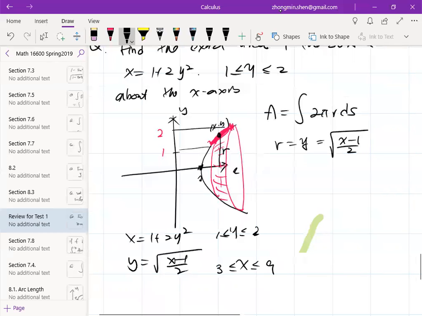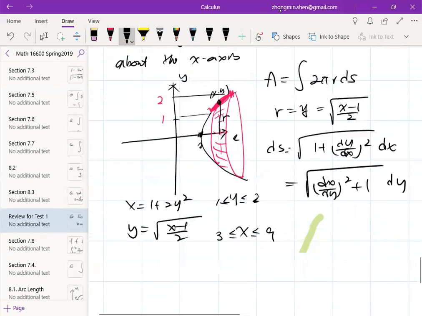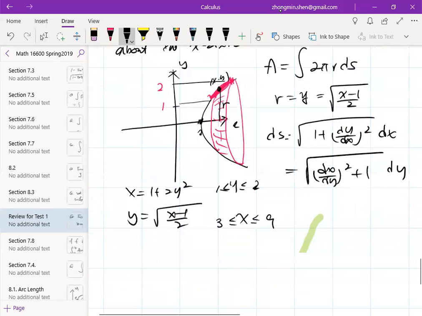So the same curve is described by 2 equations. All right, so ds, you have many choices. You can choose this. You can also choose this, depending on which variable you're going to use, right? Okay, so let's write down, set up an integral. I'm not going to evaluate, but these are 2 integrals. So area, if you use the x variable, it's going to be from